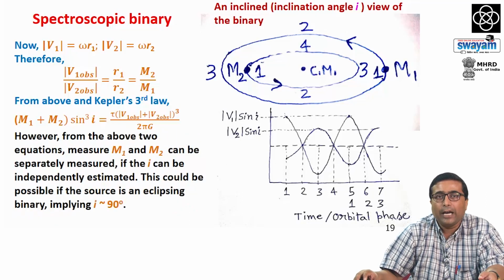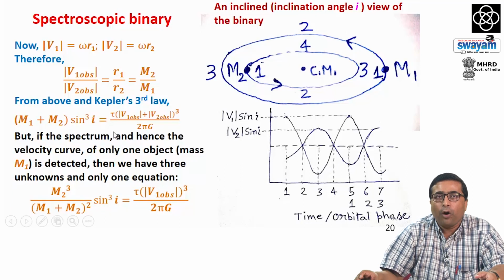Now, in certain cases I can also be estimated. For example, if the binary system, that is the spectroscopic binary, is an eclipsing binary, implying that the inclination angle is close to 90 degree, then assuming this high value of I, we can estimate the two masses m1 and m2 separately. For an eclipsing binary system, one star periodically blocks the other star from our line of sight, and that can only happen if the inclination angle I is very high, that is close to 90 degree. If we are fortunate enough to have an eclipsing system, then we could measure even for a spectroscopic binary the